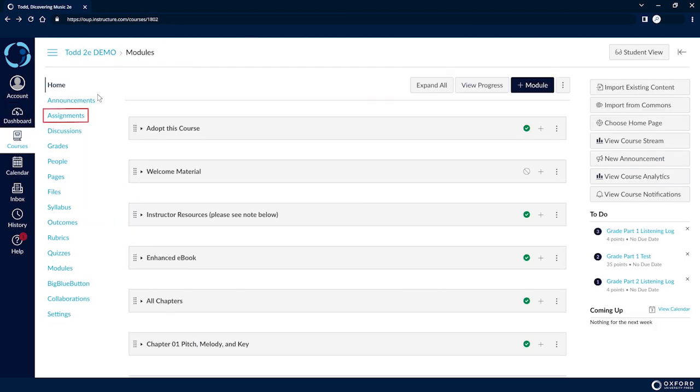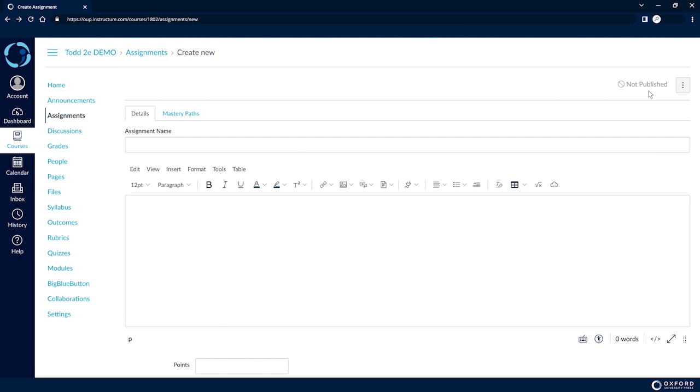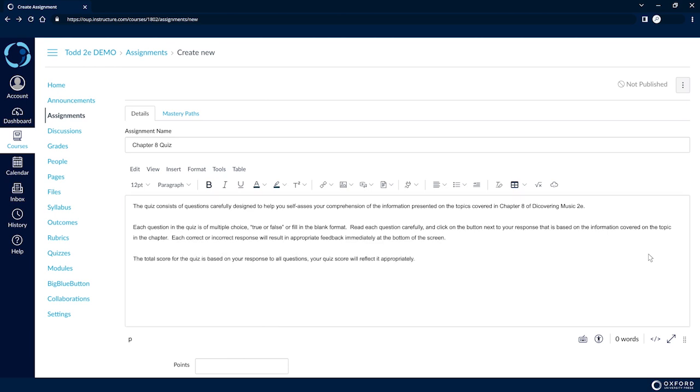Select Assignments from the left-hand submenu and click the Plus Assignment button on the upper right corner. A new window will open where you can add all necessary details for your new assignment. You will name your assignment, provide assignment details, link out to supporting documentation,